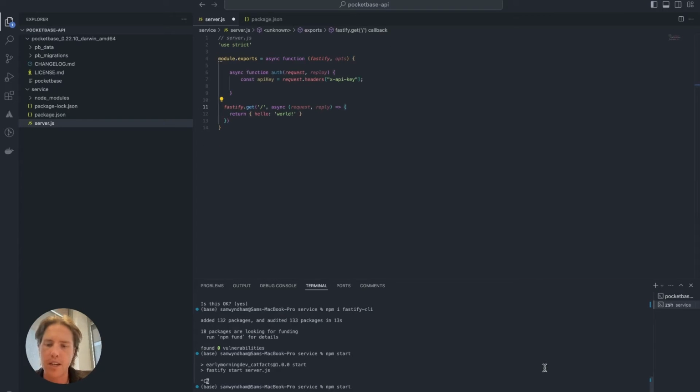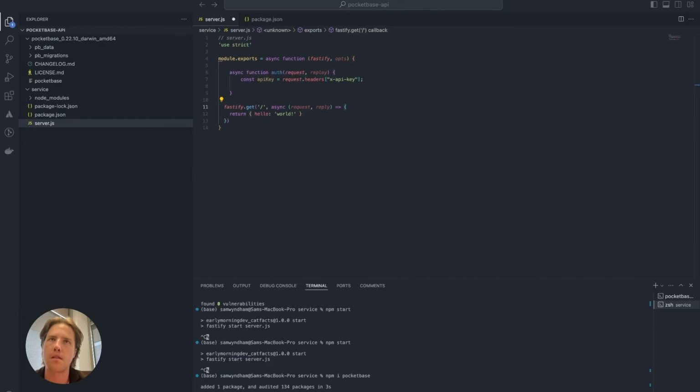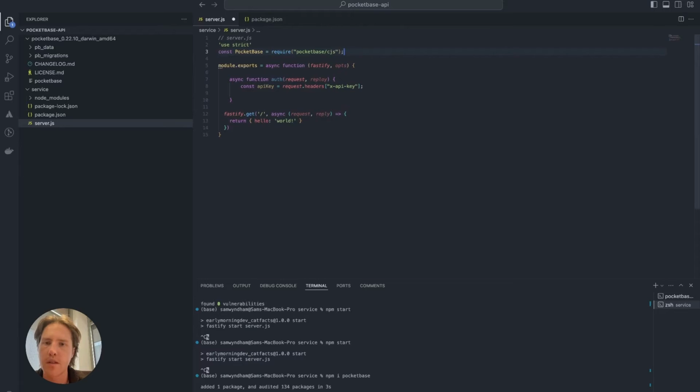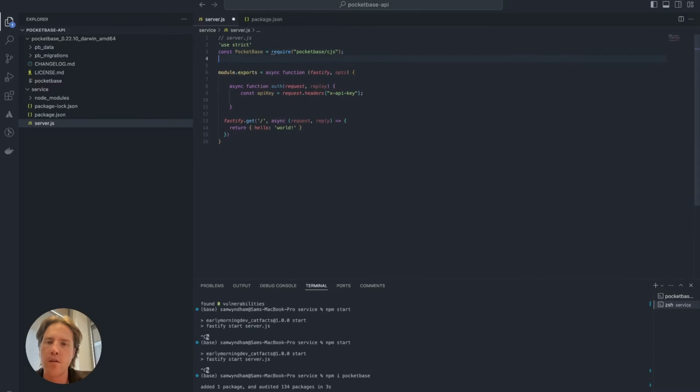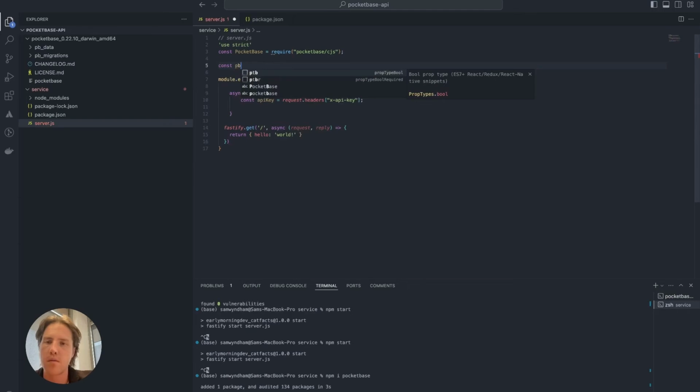So to do this, we're going to need to first install PocketBase. So we can go npm I PocketBase, and this will install PocketBase for us. And because we're using CJS just as part of this, I'm going to have an import here for PocketBase. And we're going to create a new PocketBase instance here by going const pb equals